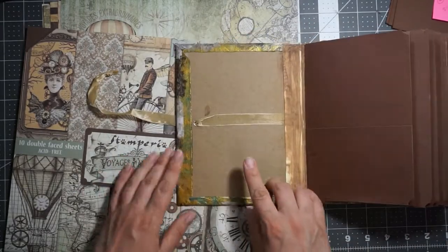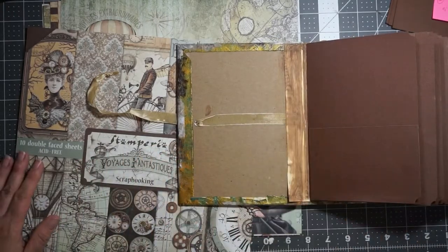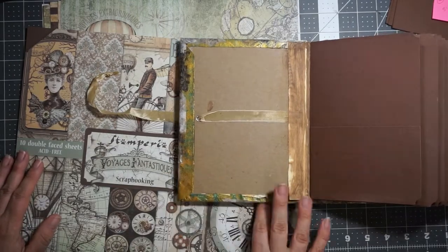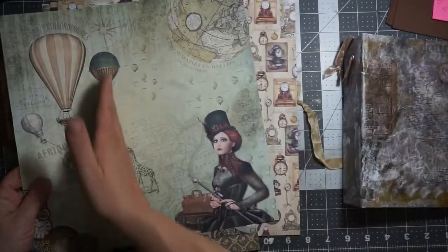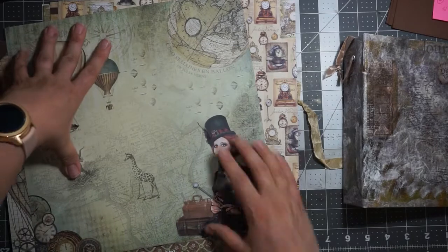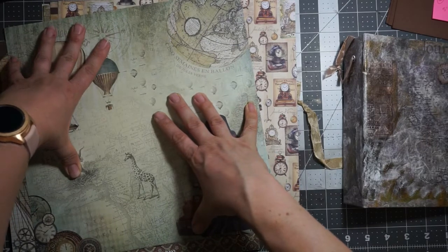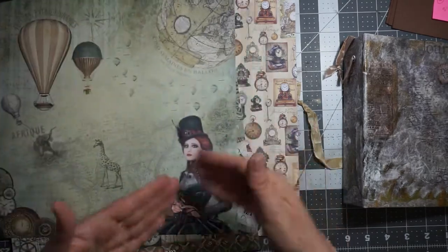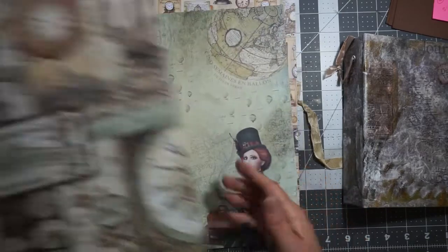The other thing to keep in mind is that your larger spaces that you're not going to turn into smaller spaces, you want to mat those first to conserve your paper. This can be one side here and this can be another side with these beautiful images, but if you start out by just taking a small part, then you won't be able to use those on a full page like that. So to start,